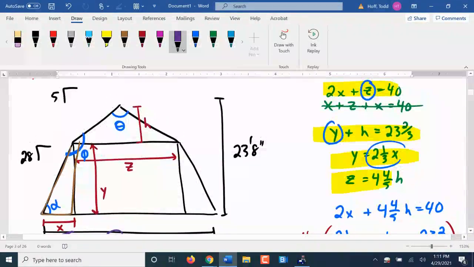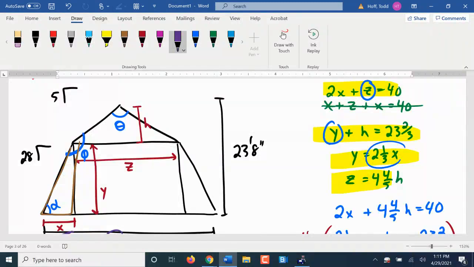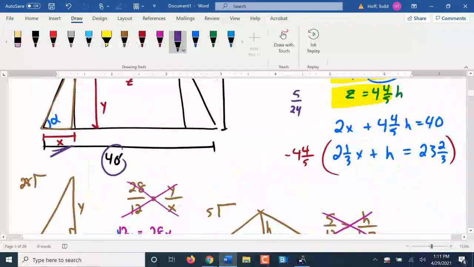Sure, that is correct. Probably should have solved for h. Would have made that easier. Something seems a little off in my calculation. Give me just a second here, guys. That seems like a really wicked number for x, and I don't think I'd be that mean in my example here. Let's go back here, and let's redo